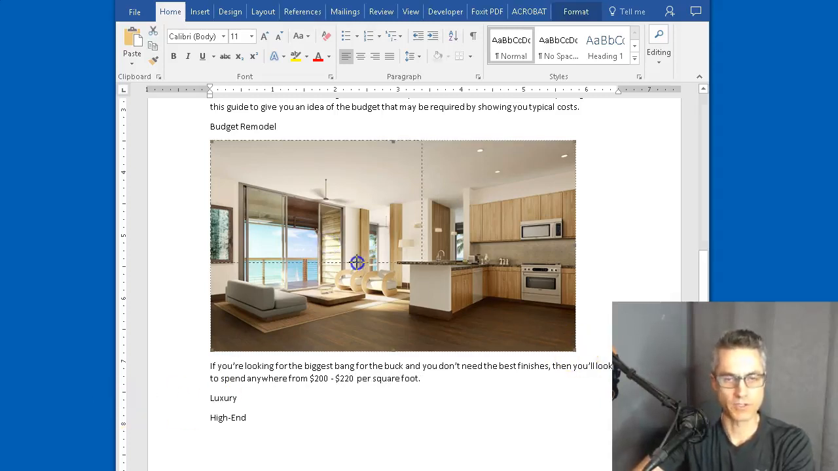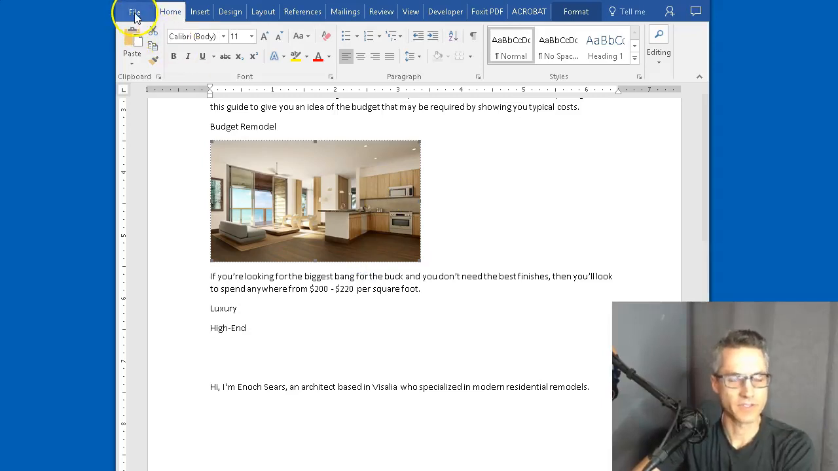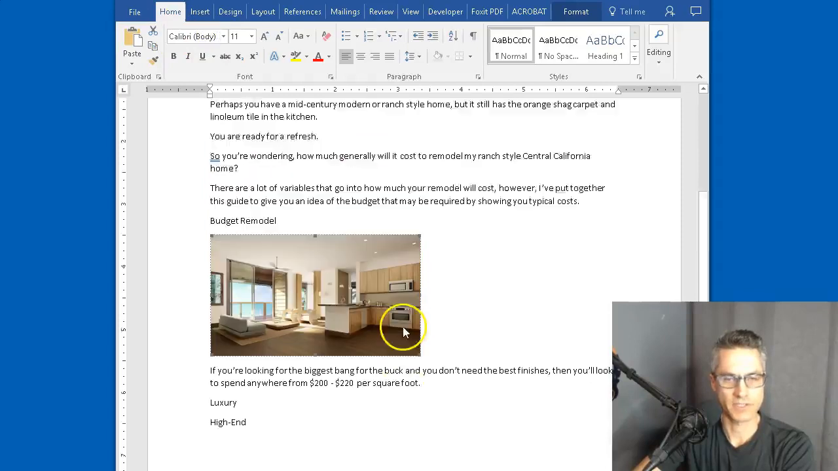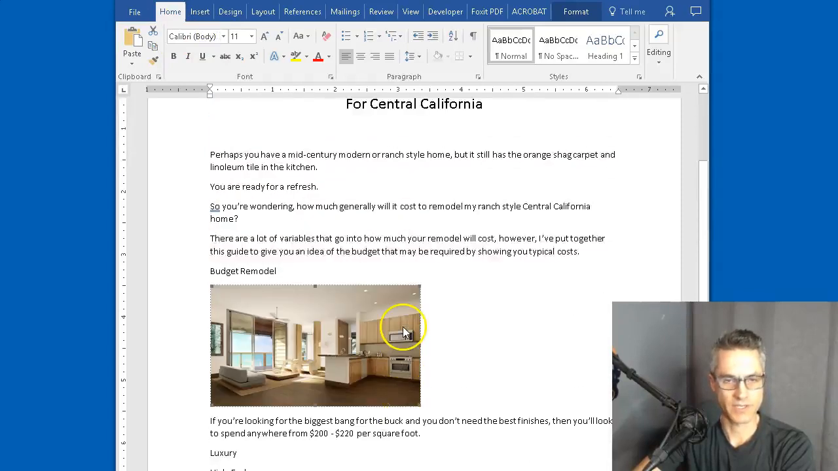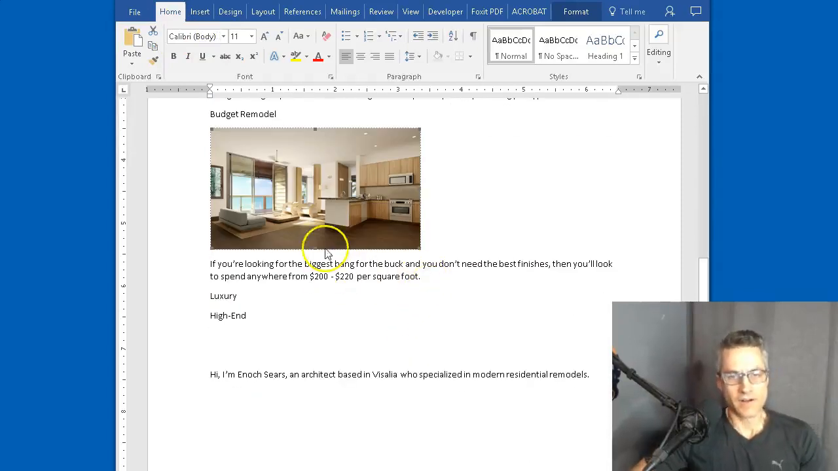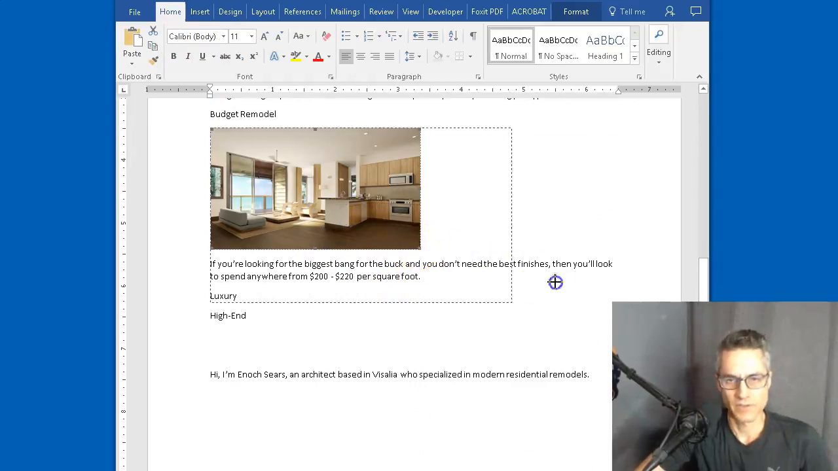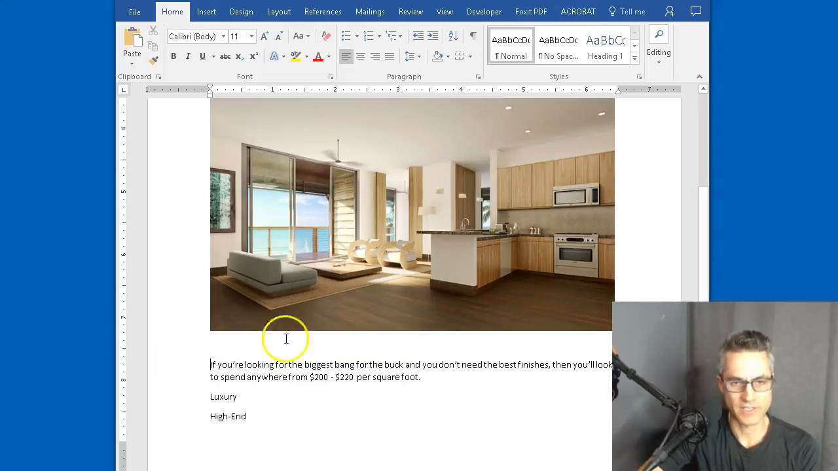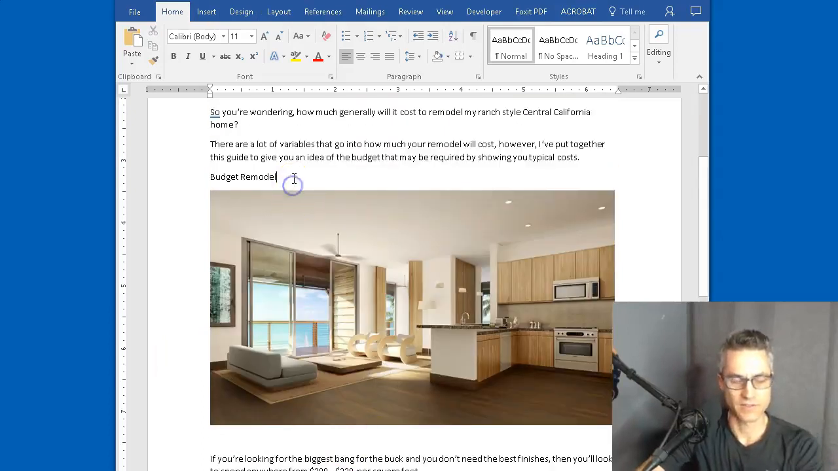Let's go ahead and make this smaller. And actually, I'm going to do something here. Let's do this. No, let's keep it like that. Okay, boom, boom, boom. We got that. All right. Let's make this back a little bigger again. All right, boom. We'll do that. And let's say budget remodel